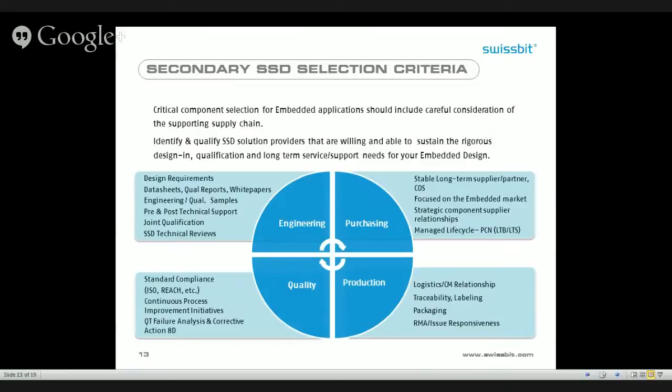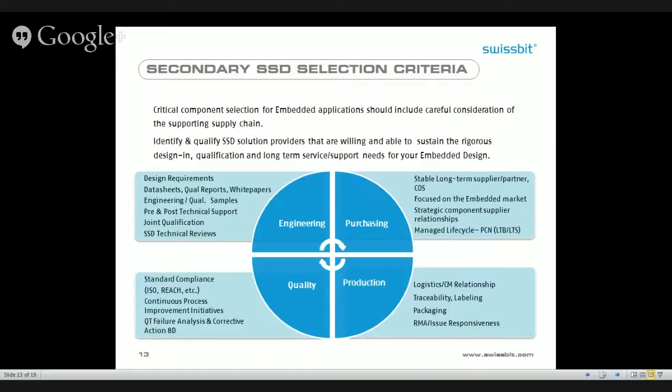When you're talking about a product that's going to be in the field for 8 to 10 years, you want to minimize the number of times that you have to go and requalify a new product, a die revision, a firmware revision, or any change. And you want ample notification of that so that you can plan your resources to make sure that happens